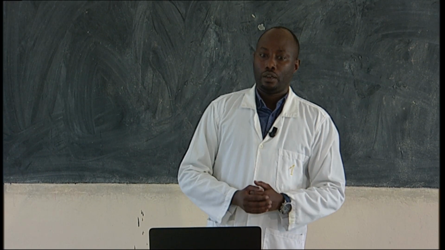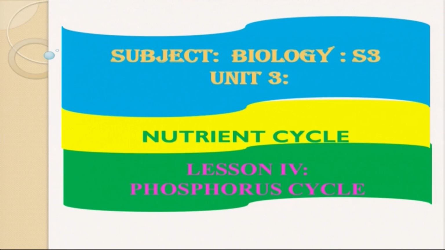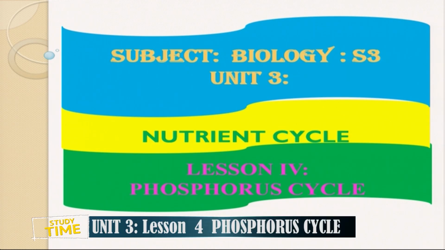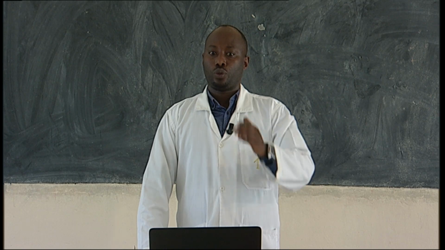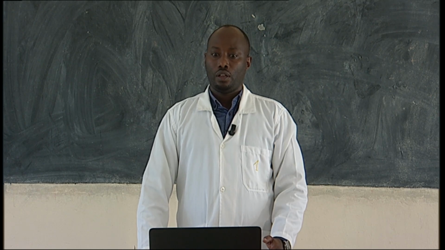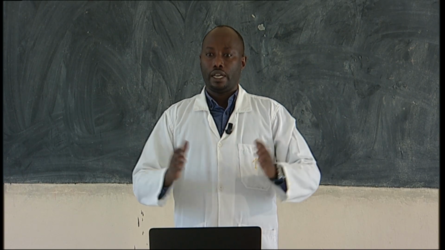So today we are still on the same unit, which is concerning the nutrient cycle, and we are going to unit 4, lesson 4, which is concerning the phosphorus cycle. The phosphorus cycle goes along with the water cycle, carbon cycle, and nitrogen cycle. So we're going to talk about the phosphorus cycle and how phosphorus keeps circulating in the earth and in the